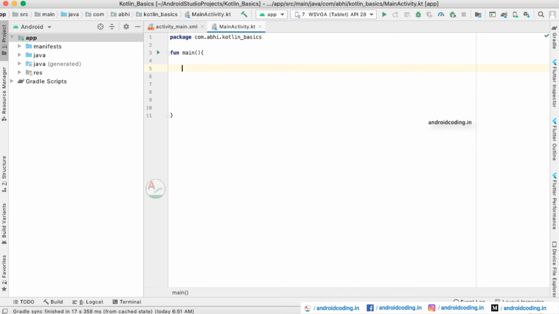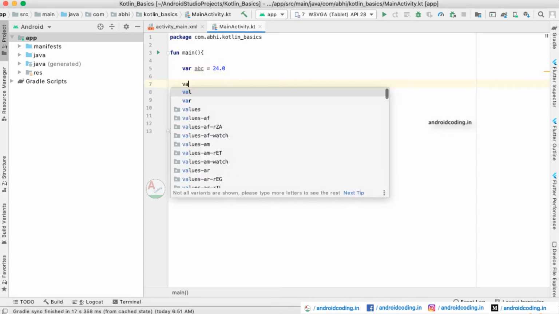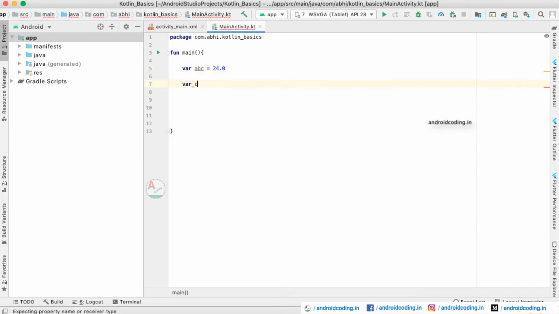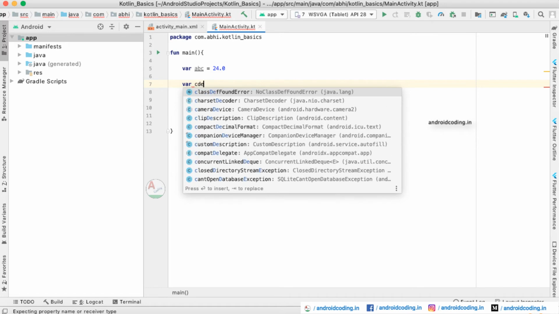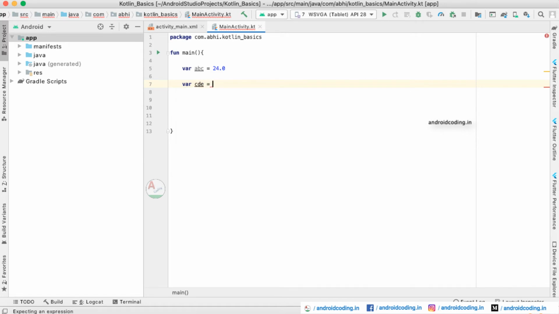So now let us see how we specify floating point numbers, that is floating point variables in Kotlin. So here I'm going to declare a variable abc equal to 24.0, and one more variable cde equal to, this time, some large number.